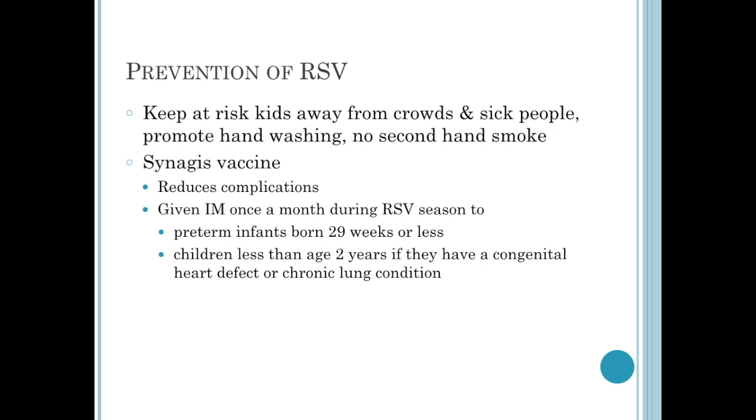We do have a vaccine available to prevent RSV, and it's called Synagis. It reduces the complications and certainly the admissions to the intensive care unit and needing intubation. But this vaccine is only indicated for preterm infants who were born at less than 29 weeks of gestation, or